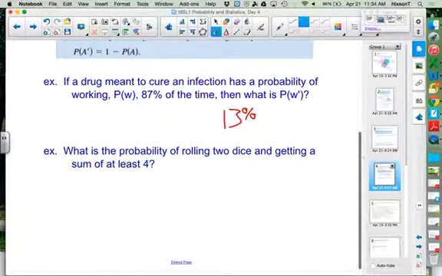Let's think about this one though. What's the probability of rolling 2 dice and getting a sum of at least 4? Well, think about this. If you do it just how it's written, you're going to have to figure out the probability of adding up to 4, 5, 6, 7, 8, 9, 10, 11, and 12. 9 different probabilities you're going to have to add together. Or,